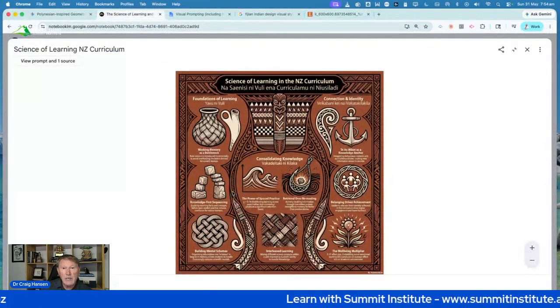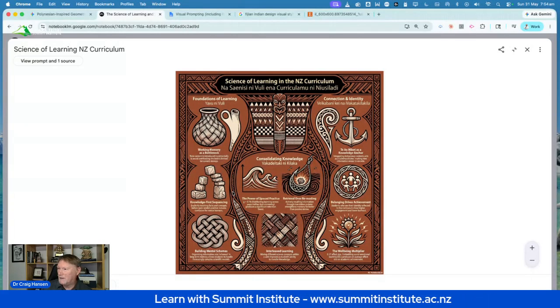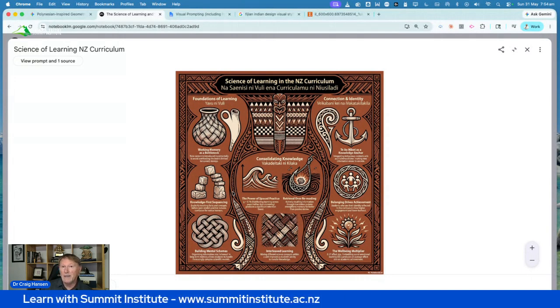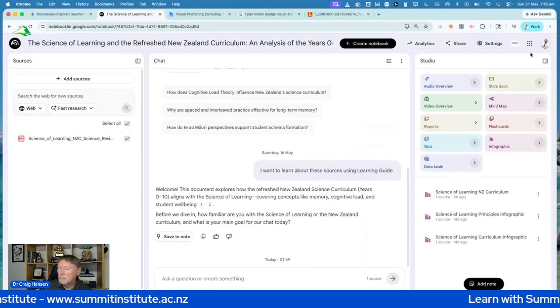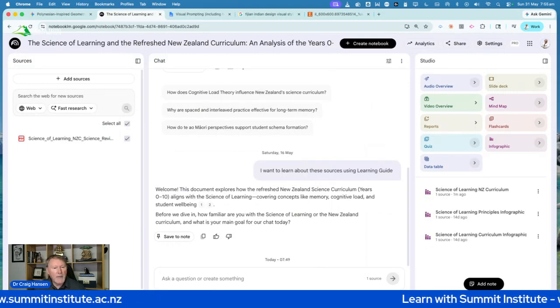So after checking the language is okay and getting someone who's from Fiji to say, yep, that looks like a design style we might use, then I'd happily put that on a slide set and give it out as a summary infographic. So whether you're a principal of a school and you're thinking about how do I analyze data and how do I make it